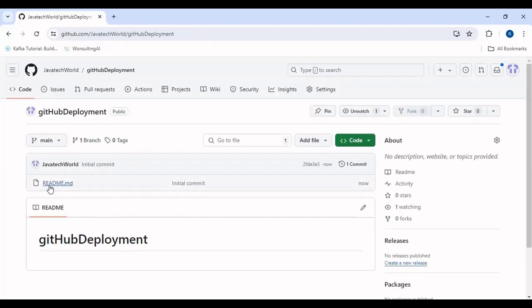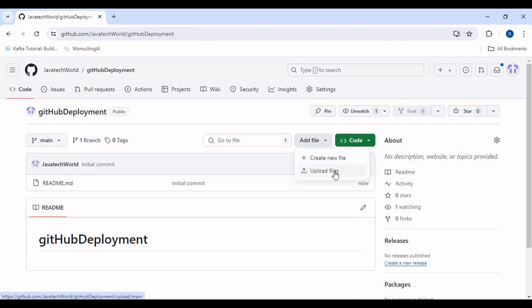Now you can see that we have initialized the readme.md file, so the readme.md file is present. Now what you have to do is add your code to this repository. You can simply click on add files. There is an option of create new file and upload files. The create new file option enables you to write the code here itself. If you click on create new file, a file opens where you can write your code and commit it here itself, right?